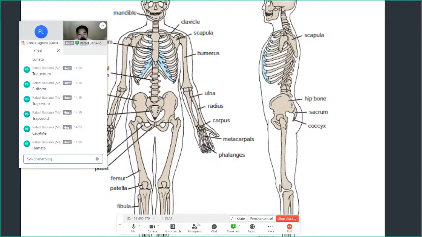And then we go to the phalanges. There are 14 phalanges. It's very easy. Phalanges are your fingers. 14 of them. And you can count them just by looking at your hand. You look at your hand. May mga lines, di ba? The answer is already given. How many phalanges?